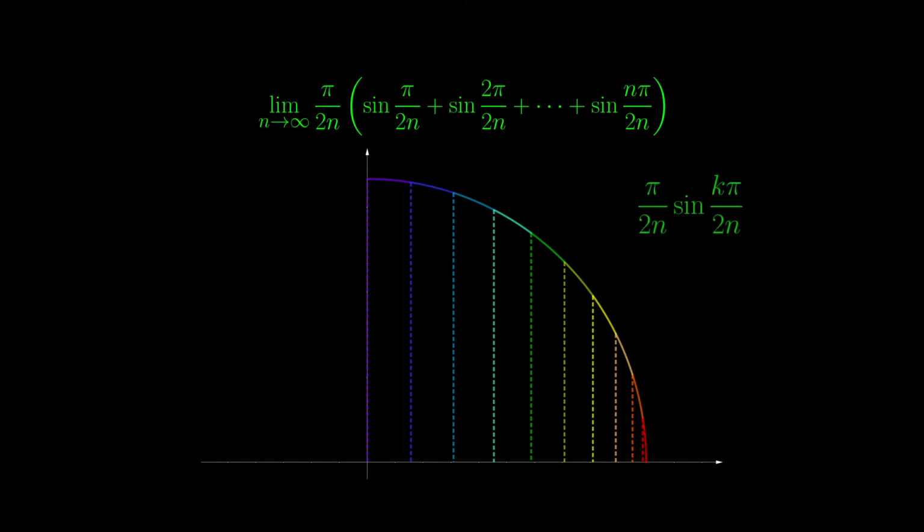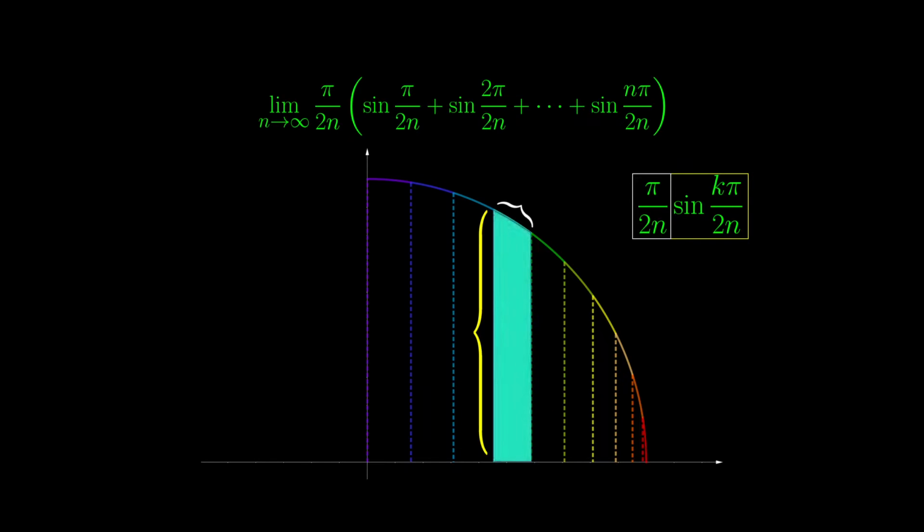Let's say we want one term in the limit. Firstly, correspond the sine part with the vertical segment, then correspond the pi over 2n with the arc length. But no, I am not talking about the area of this strip here. Just think of this as an abstract product of some sort. We will associate something more concrete to this product later on.